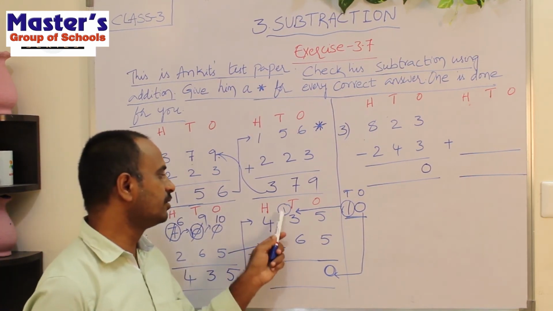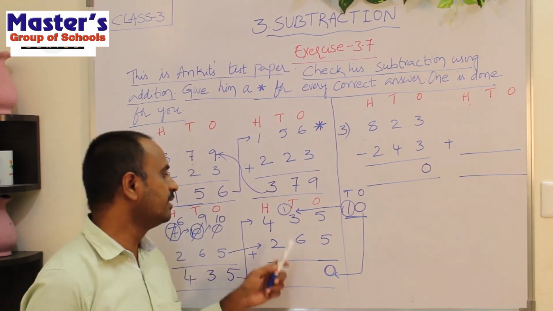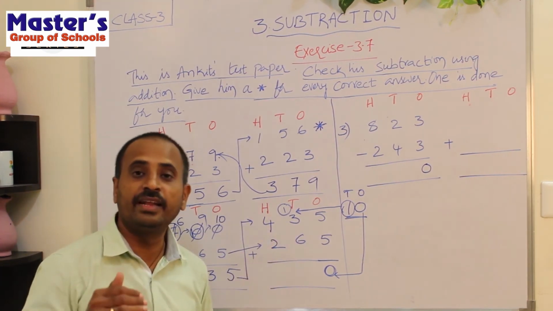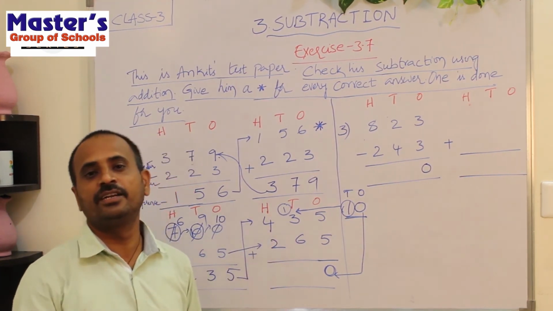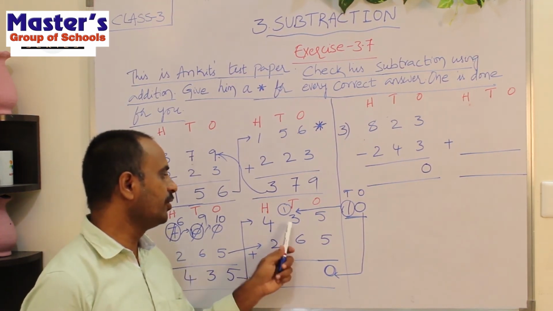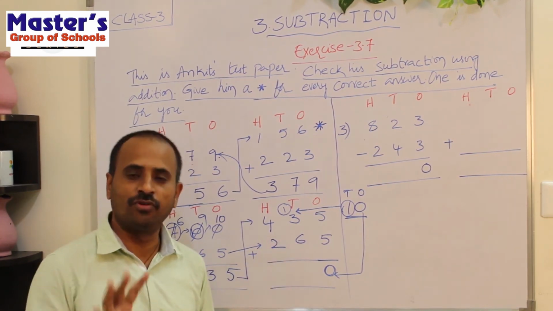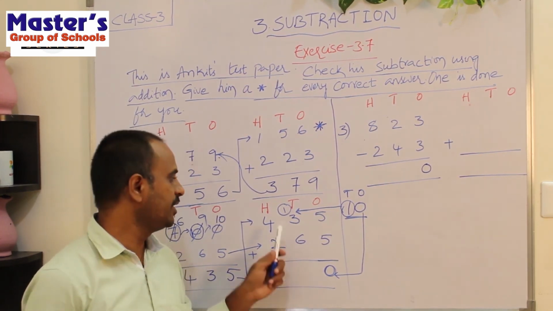First add these 2 numbers. That is add 3 to the 1. If 1 is added to any number, we will get its successor. So if we add 1 to the 3, we will get its next number. What is the next number for 3? 4. So the sum is 4.